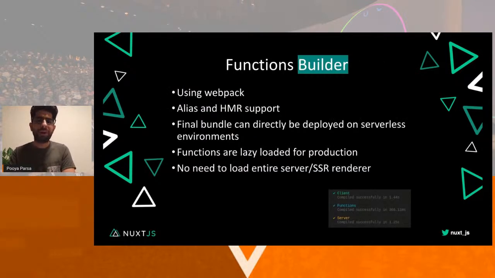Another important part of this project that I was working on was the builder part, because for server middleware, we don't have any builder. It's quite fast, but we need a builder if you want to have more efficient deployments, production, and also better developer experience. So Nuxt by default is using Webpack. It actually has a multi-compiler Webpack configuration, which by default has two configurations for client and server. And if you enable the modern mode, it's adding another builder. So you have 3 bars.